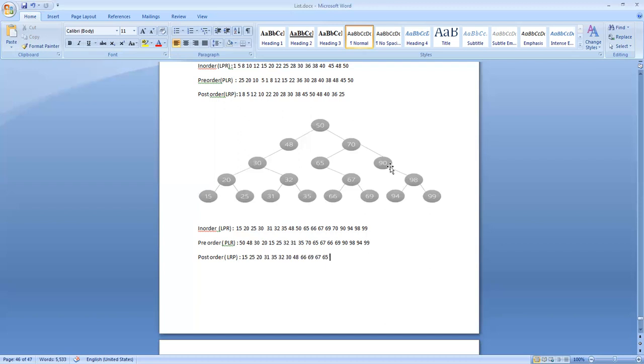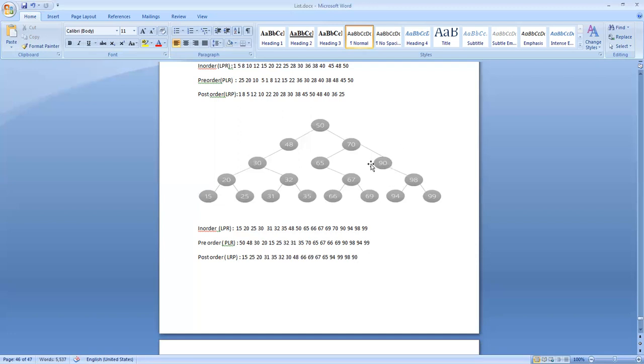90 is a parent. So the left child, right child. 98 is a parent. So the children 94 and 99. 94, 99. Then the parent of these two, that is 98. Now the parent of 98, 90.